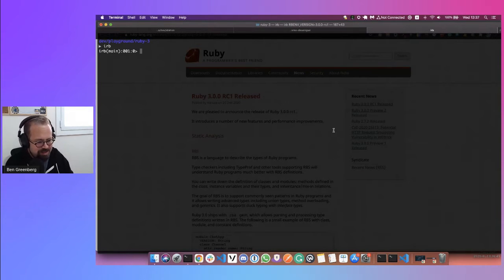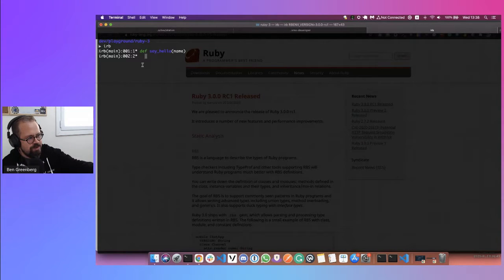Just to give you a small example, let's say I'm creating a method. Def say_hello name, okay? Look at that. You see how the IRB in Ruby 3 has color coding for the method. That's pretty cool. And it also automatically indents here, which is also pretty cool. I haven't seen that for a while.